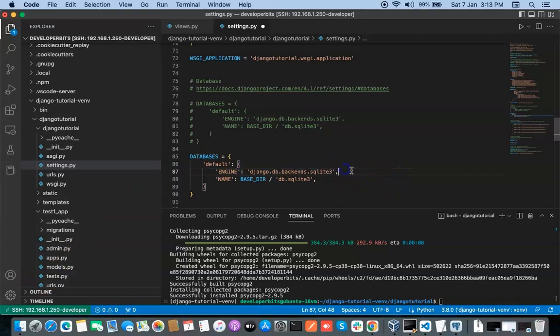So let me do the changes now, and you need to type here postgresql_psycopg2, because this is the module which will be used to connect to the PostgreSQL database. And you need to type the name of the database here, which is developer